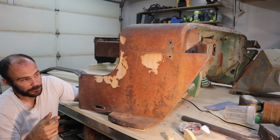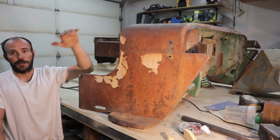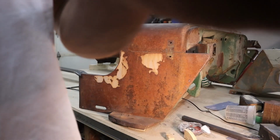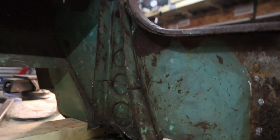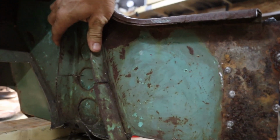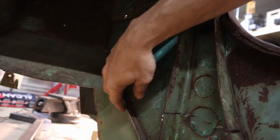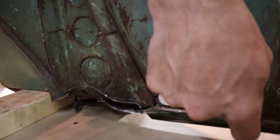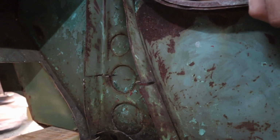And I do have to also make the front wheel arches as well, or the front fenders as well, because they're not going to clear my tires. So I do have to go higher. So inside here, like I said, there's all of this that's got to be drilled out on the spot welds. Still got to cut up higher into here. This whole bottom lip, it has a second skin on it, so it's spot welded all the way along. And I was going to redo just the bottom 2 inches or so, but